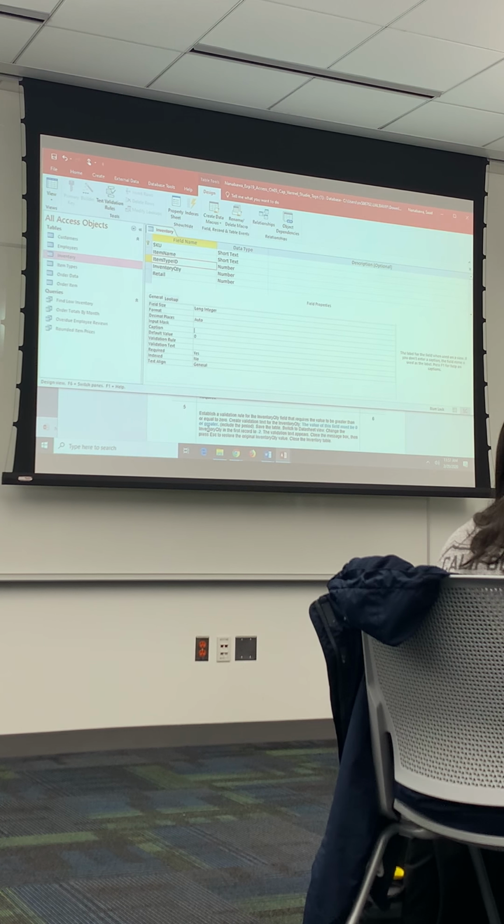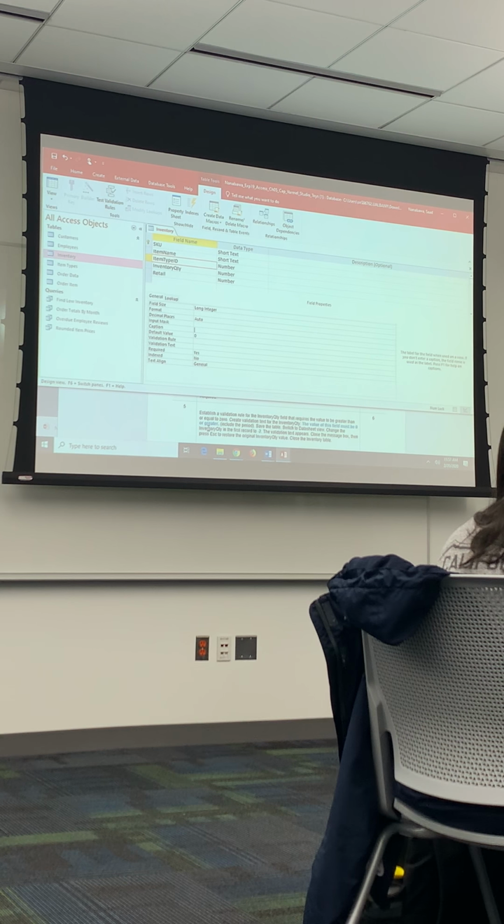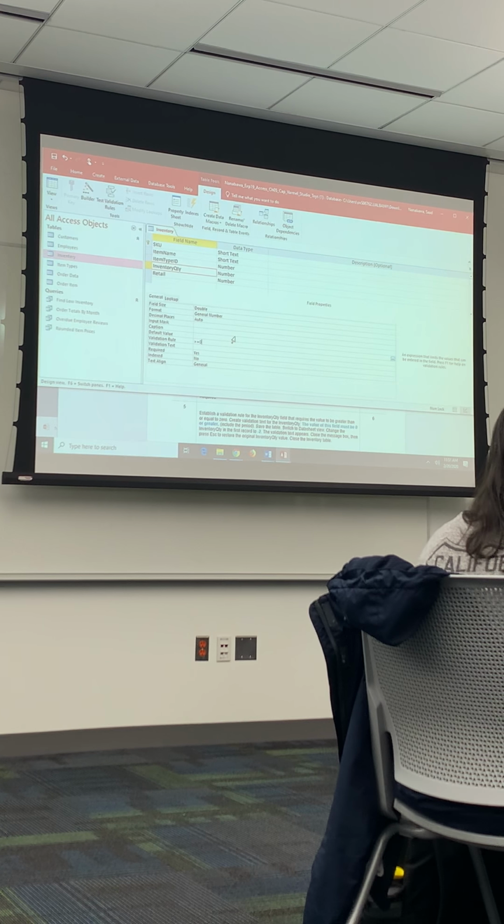And then we're going to establish a validation rule on the inventory quantity field that requires the value to be greater than or equal to 0. So we're going to click the inventory quantity, and the validation rule we want it to have is greater than or equal to 0. Make sure it's the greater than sign. Equal to 0. With the validation text,